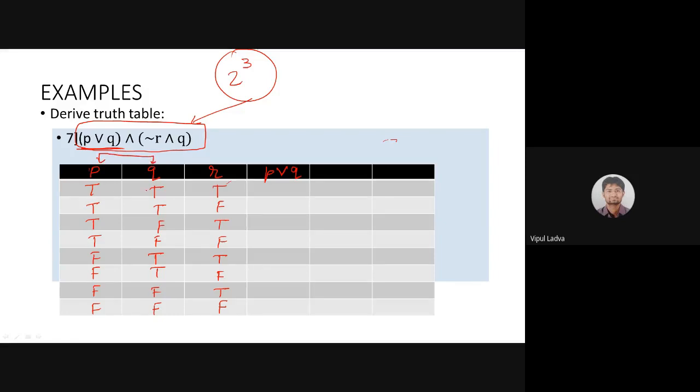So true will lead to true. Disjunction means or. P or Q means disjunction of P and Q. If at least one of them is true, the truth value of that will be true, and it will have the truth value false if both statements are false. So true, once again, will be true. Then true and false will give you true, false and true gives true, and false and false will stand for false because both these statements have false values.